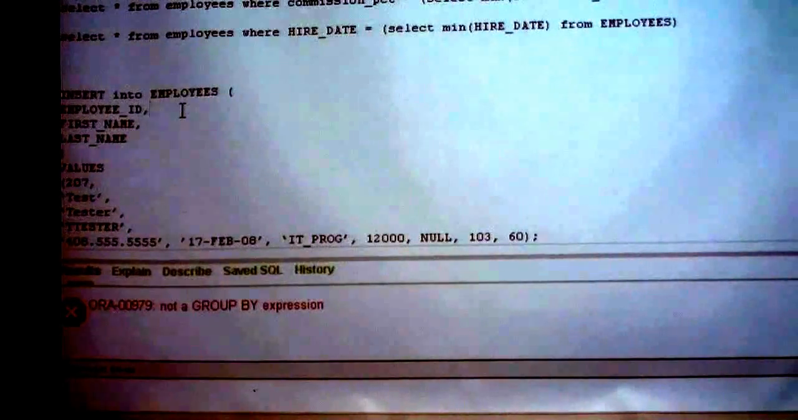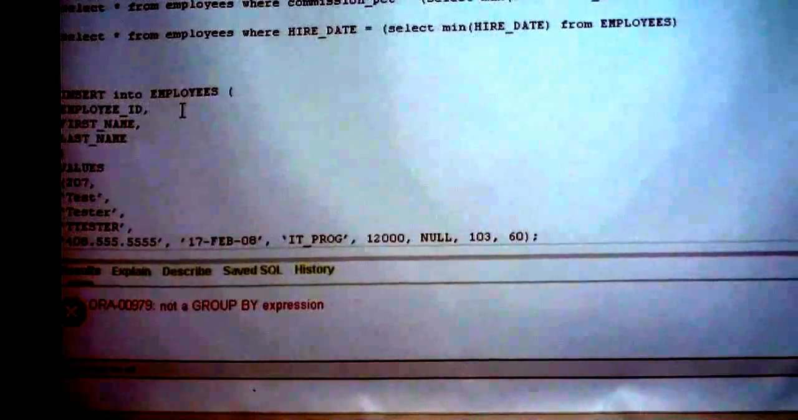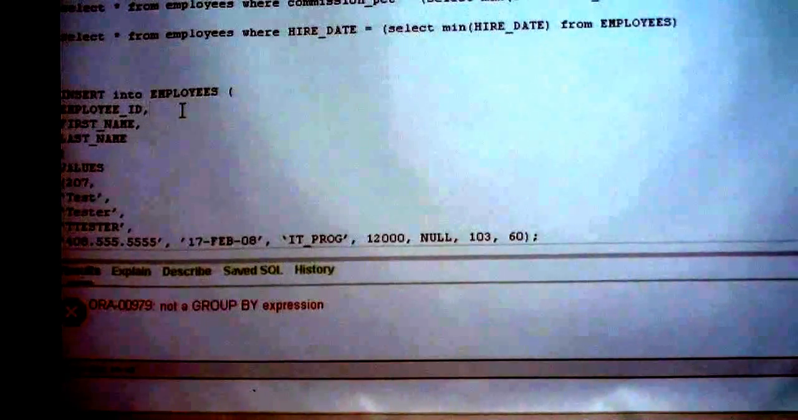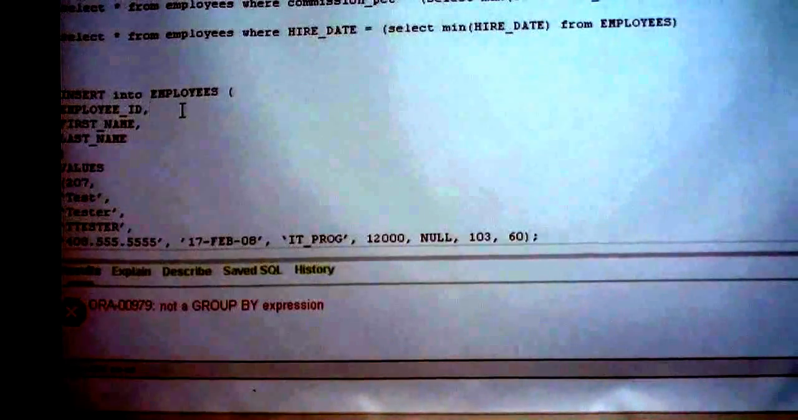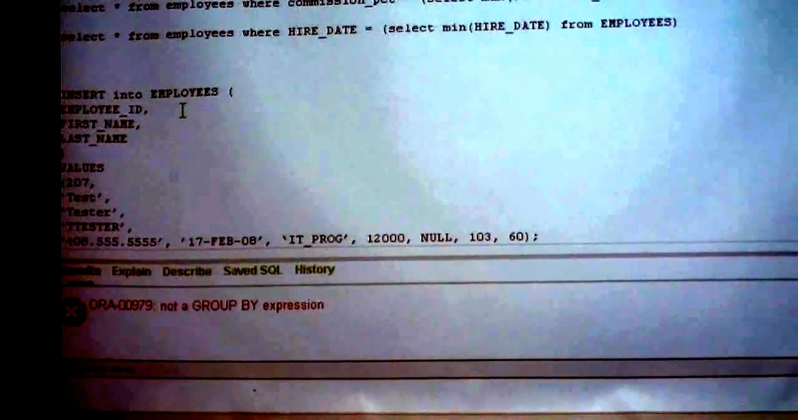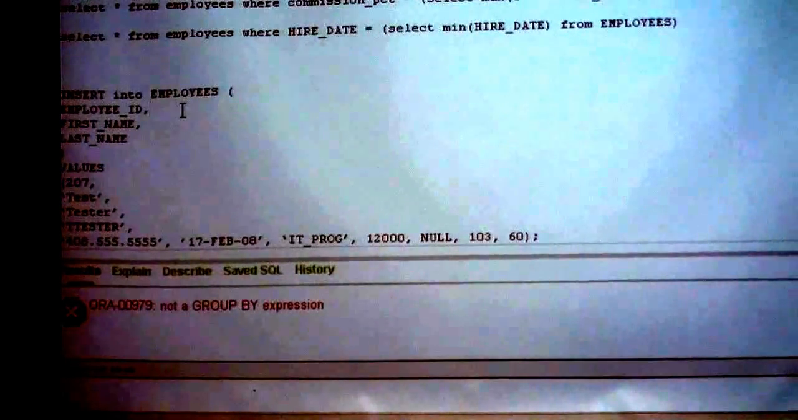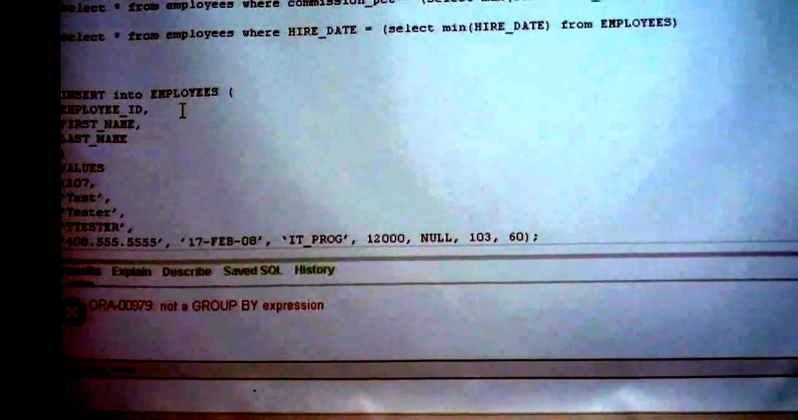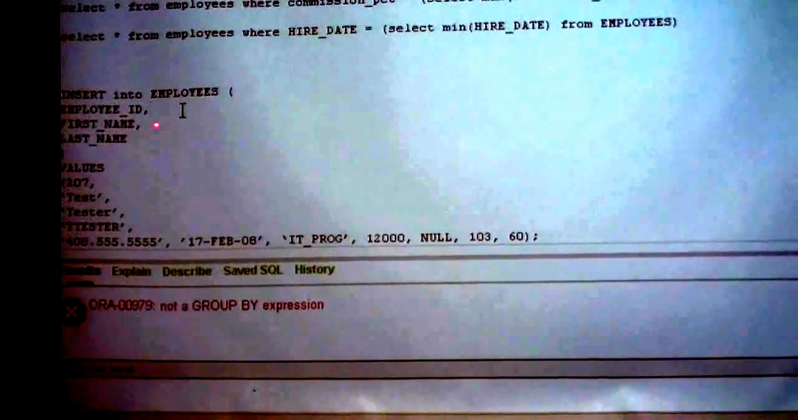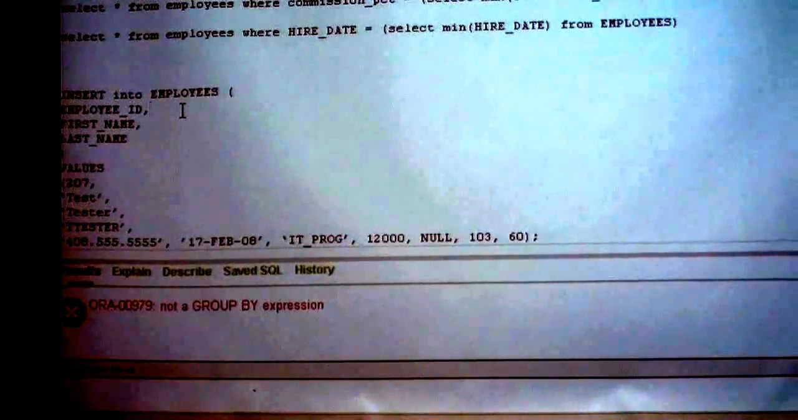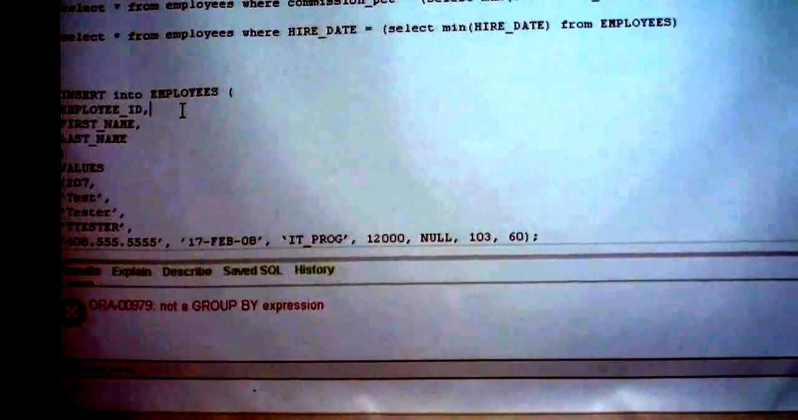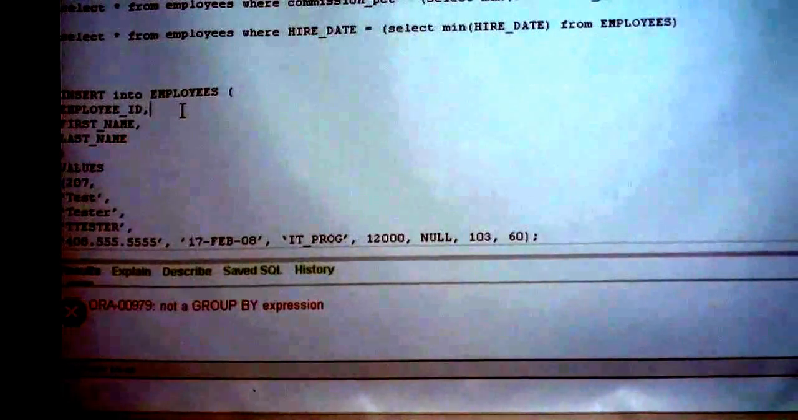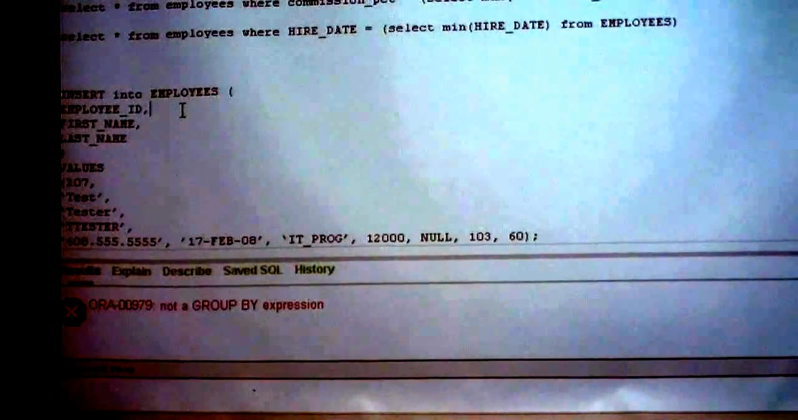Is sequence essential? Yes, the sequence of the values is essential because the values match the exact sequence of fields. So that's why I list fields here. For example, first field is employee ID, and then first name, last name, and then I specify values accordingly. I didn't finish this because I have to list all of the fields here, but just for time and space reasons,